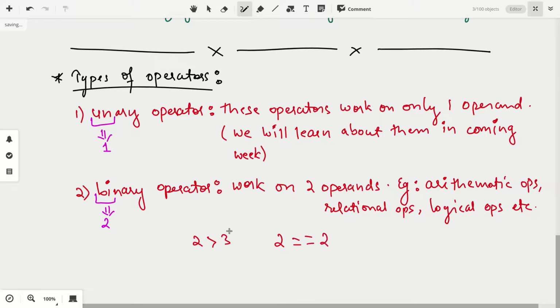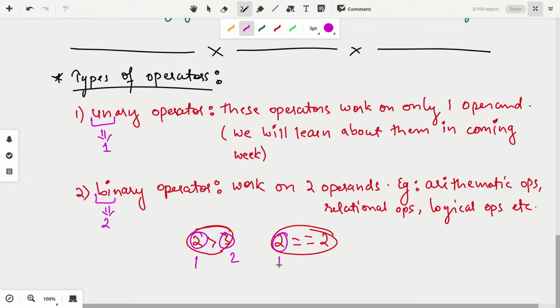This is one example, this is another example. Here we have the first operand, the second operand, and of course the operator.